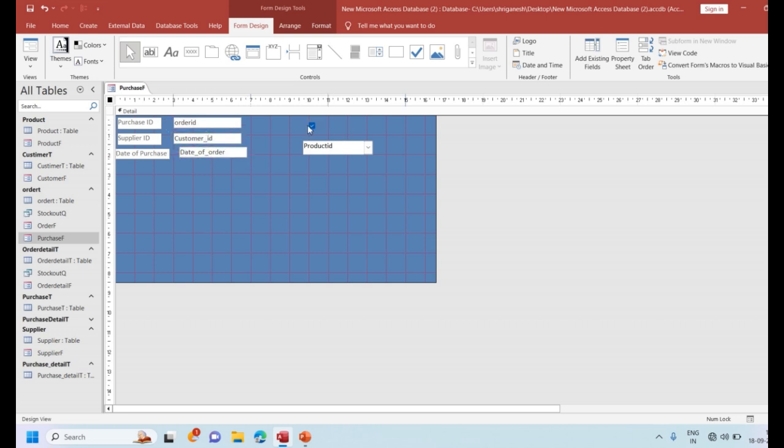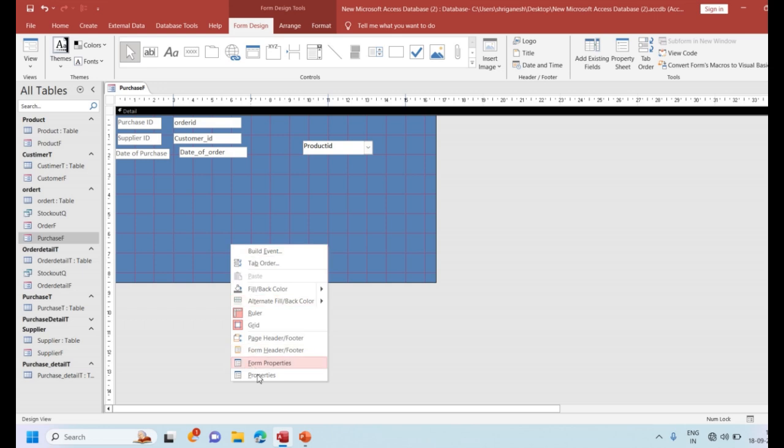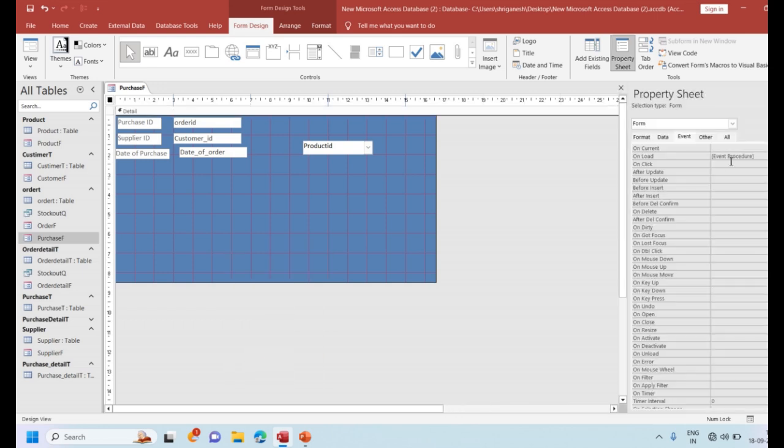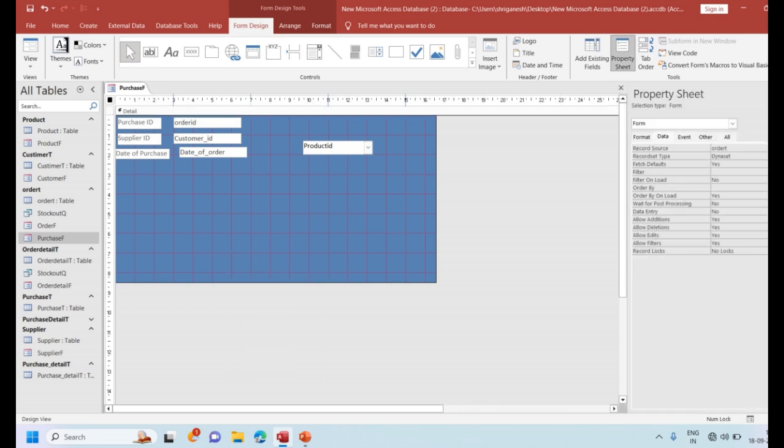Is paid, I just delete it, and product ID I keep as such. I go to the form properties, and on data I link it to my purchase table.